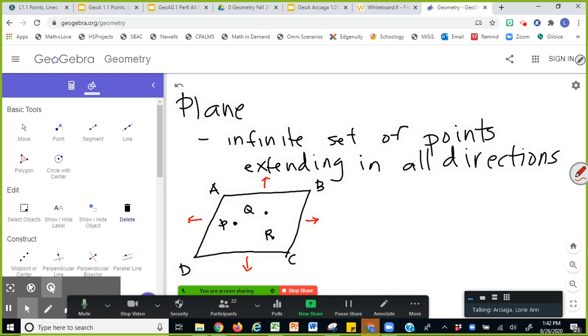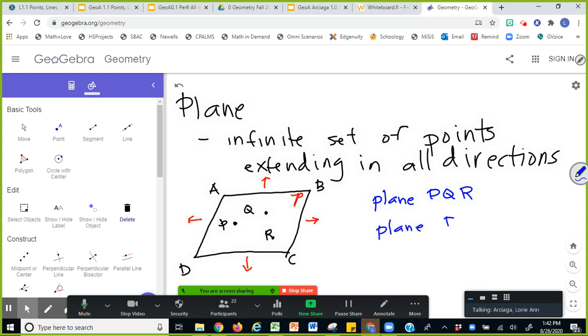Alternately, you can also name a plane by using a small letter, normally written in script, written at any of the corners. So in symbols, we can write plane PQR, or we can also write plane BCD. Maybe you're wondering how come I did not use the A, because remember you only need a minimum of 3 points for a plane. Or you can say plane and then small p.